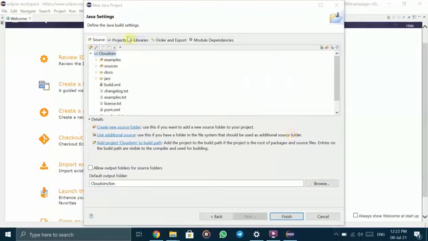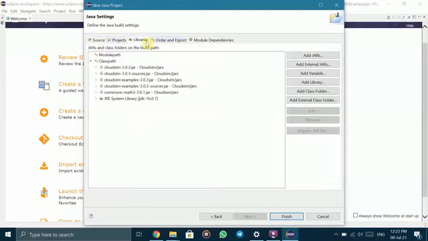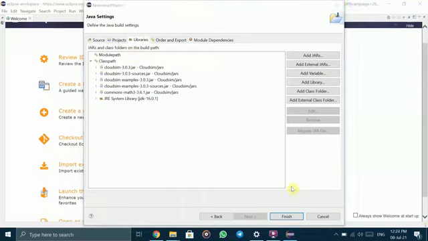Here the Java settings have been opened. Now here we can see the source, projects, libraries, order and export. By clicking on libraries, here we can see some CloudSim jar files and our Commons Math jar file that has been appended to it. Now click finish.